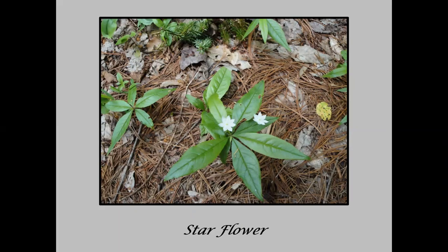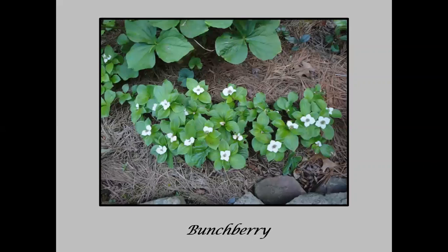I brought back a small clump. They're very fragile stemmed, but they love my garden. And what they do is they're runners right under the pine needles and leaves, just slowly spreading, not densely. They spread out like the Navajo. They don't like living right next door to each other. They want plenty of space around their homes. So that's the starflower. And the final one, I loved this, bunchberry,